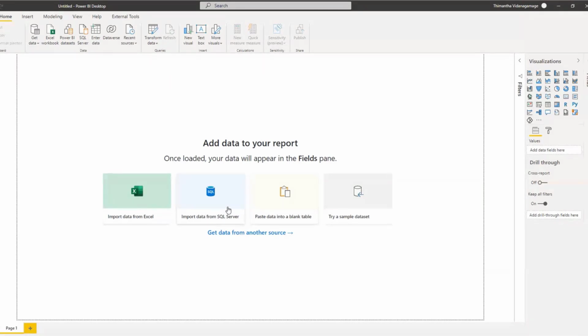Right. So I have my Power BI desktop file here, and the first thing that we'll be doing is creating a simple calendar table, right? So to create a calendar table, we are not referring to any source. We are developing it in Power BI desktop as well.